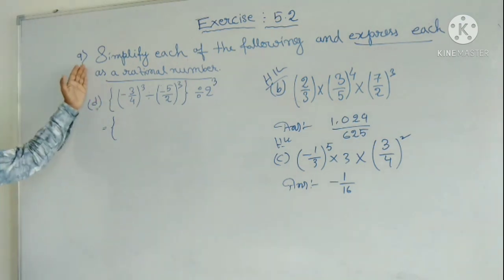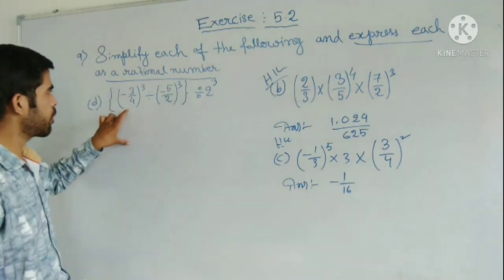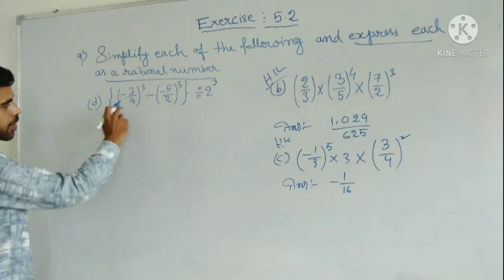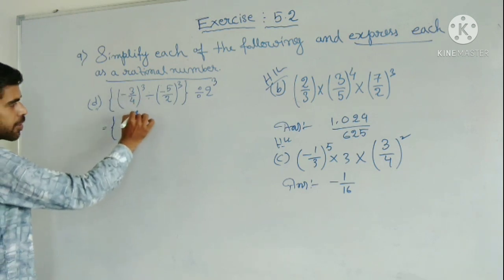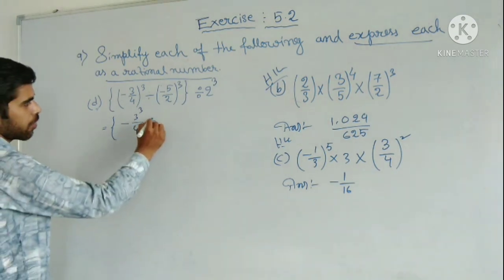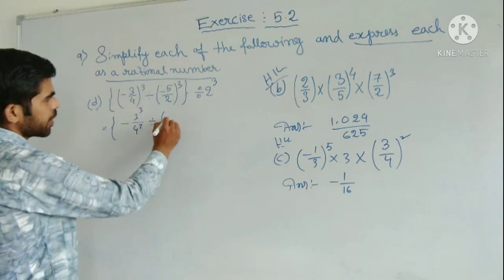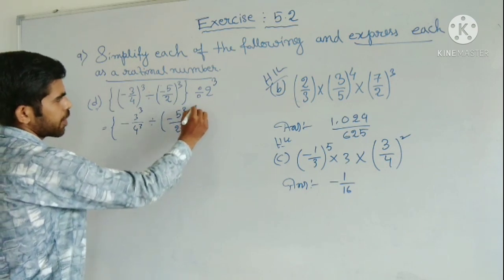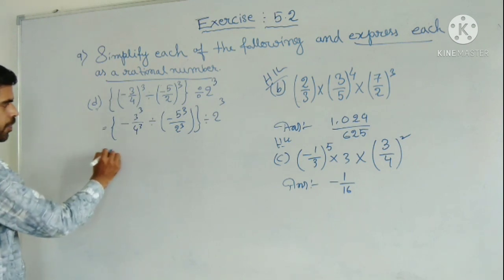Now see, question number 9, B and C do by yourself. Now I will show you question number D. Here a bracket is there, so first you give the minus, and 3 cube whole cube is there, no? So here you write 3 cube, and for 4 also the cube, because the whole bracket is there. Now here the division sign, and then here minus 5 cube and 2 cube, and the rest you write the same.